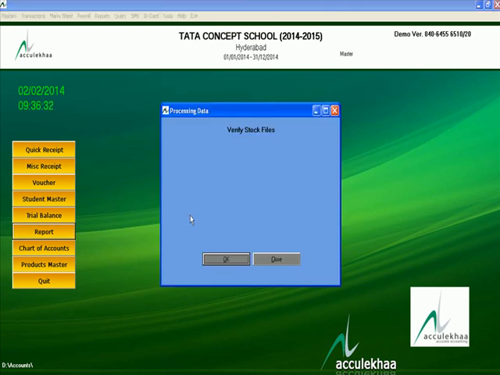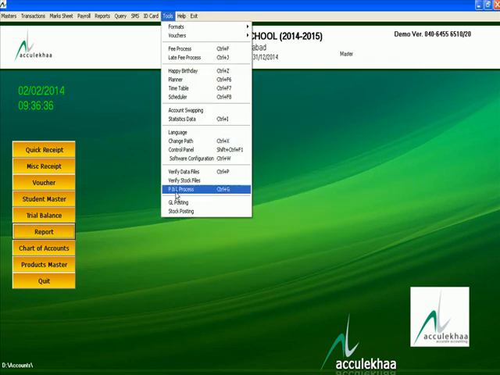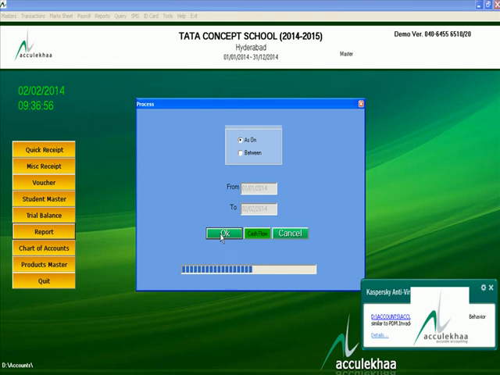Verify stock file, it will update all your stock details. P&L process, or shortcut key you can use Control G. Generally this P&L process will be done on an as-on date basis only.